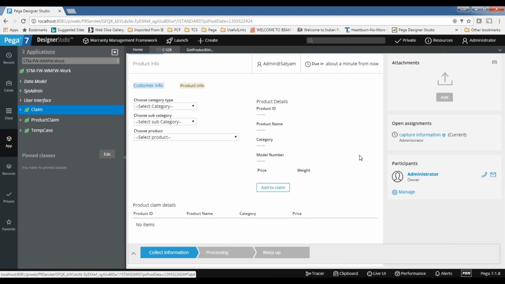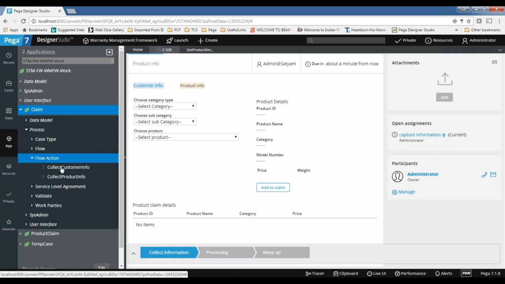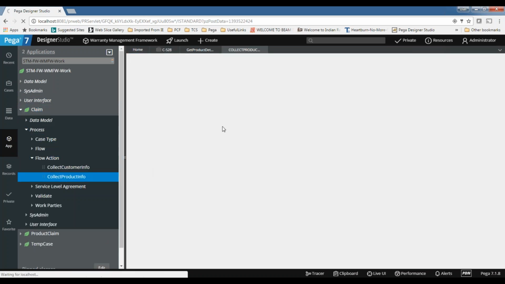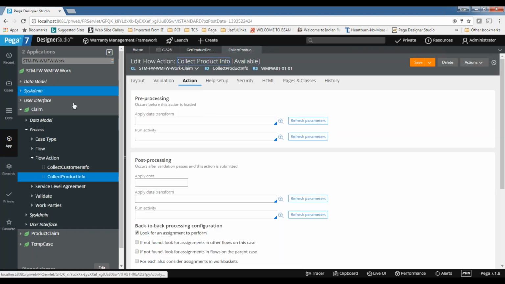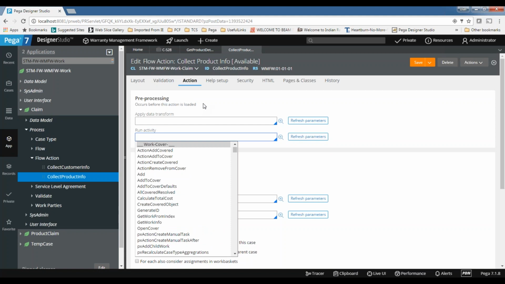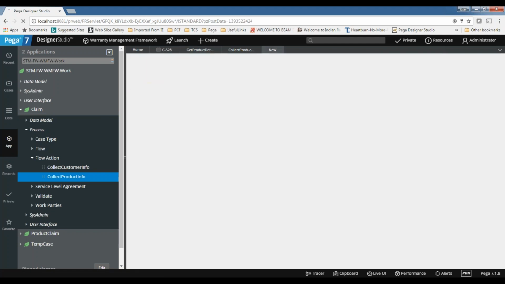So we can go to the corresponding flow action, and in the pre-processing of the flow action we need to call the flow activity. If you go to action, if you go to pre-processing, this is before rendering the screen. So here we are calling the activity. Oh, this is in product line. So it goes to product line.